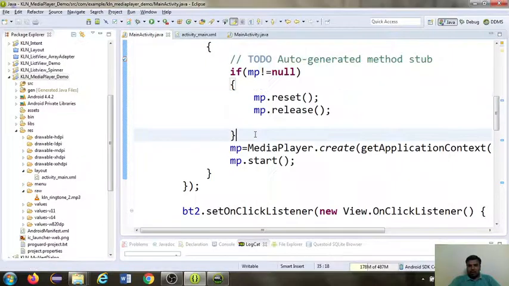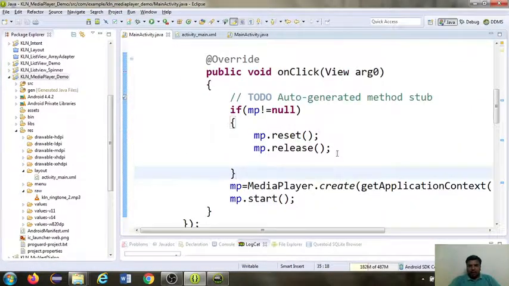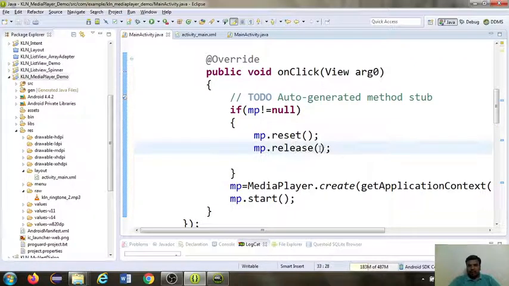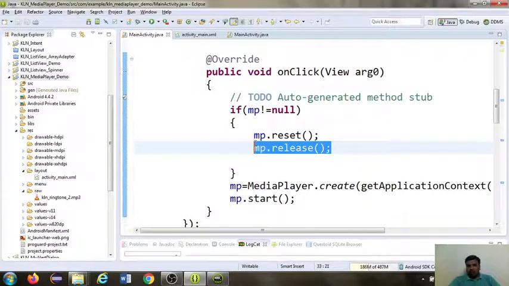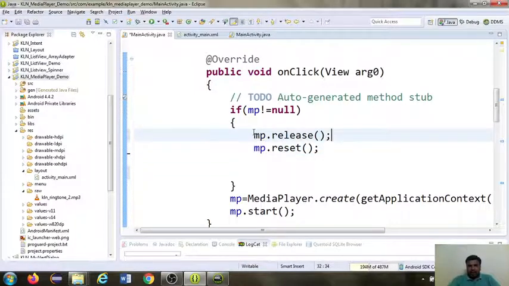Now let me show you what changes I made in my coding. The changes have been done for my play button alone. What I did was interchange the position of these two statements, right? Before, the error was due to using the mp.release method before my reset method.